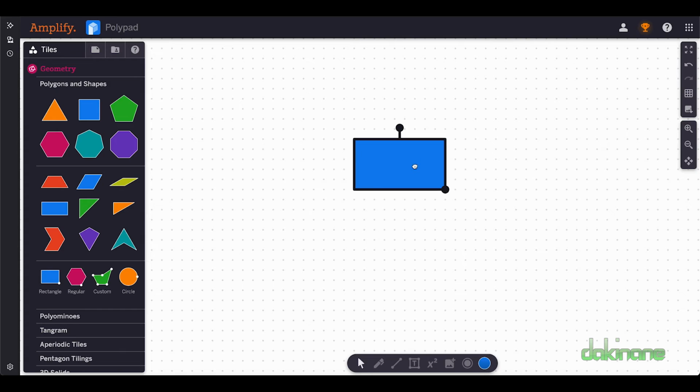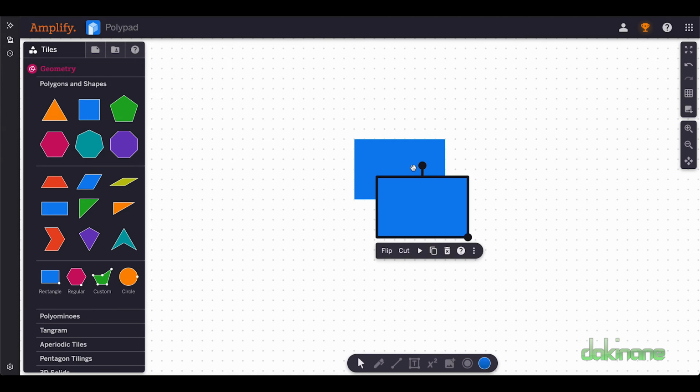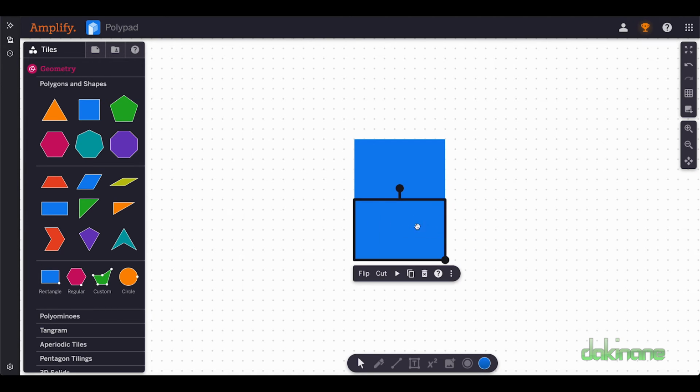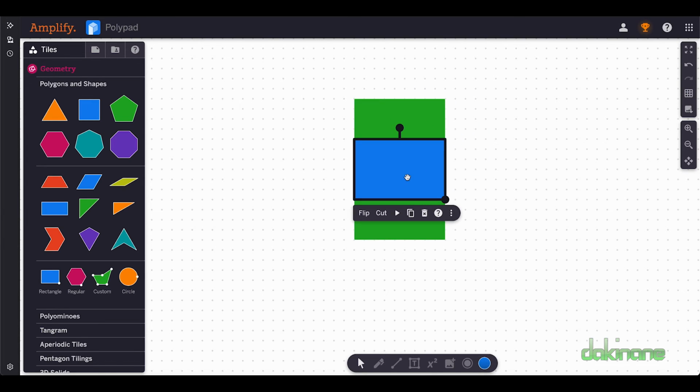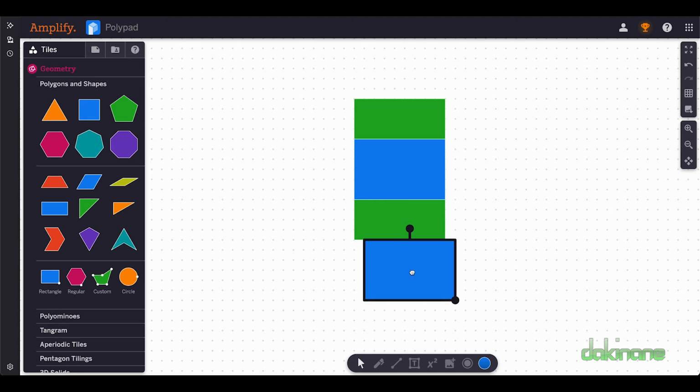Let's say this is one of the faces of my net, and I now want to duplicate that. And here we go. But now I want to change the color of my face, so I'm going to make this green, and I'll make this a smaller version. I'm going to paste that so it sits over the top, and I'm going to copy this one, put this down the bottom. So there are the 4 faces of my net, the walls of my net, if you like. I'm going to copy this one